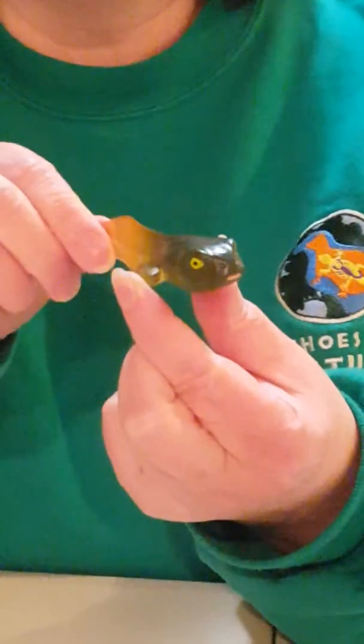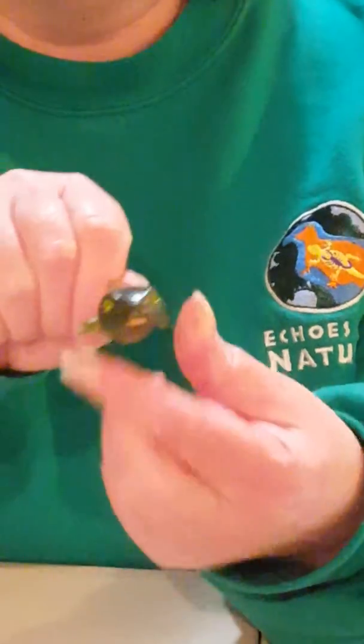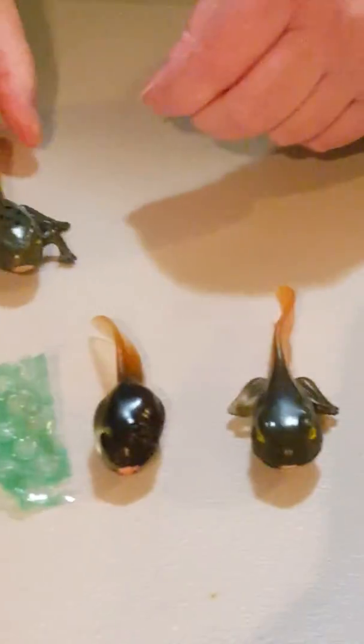And he still has that tail to really help him propel through the water. But if you notice his eyes, they're starting to move a little bit toward the top of his head. So that one's our next stage. Following that,